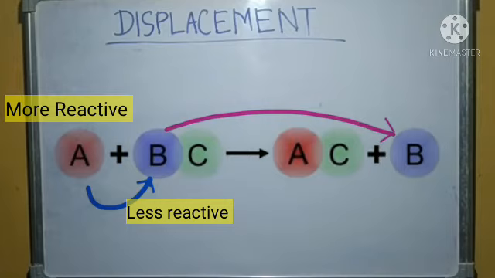Okay, so similarly in the case of a reaction, what will happen is that in the case of humans we see energy or strength, but in the case of metals we look at reactivity. So the metal which has higher reactivity will throw away or displace the metal that has lower reactivity. Okay, so the other case is not possible.